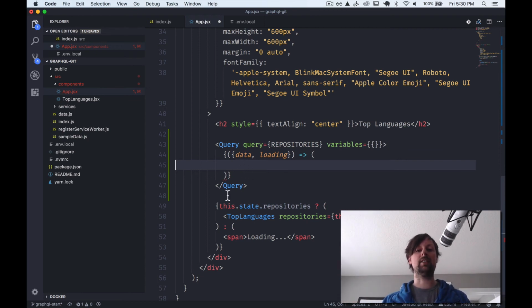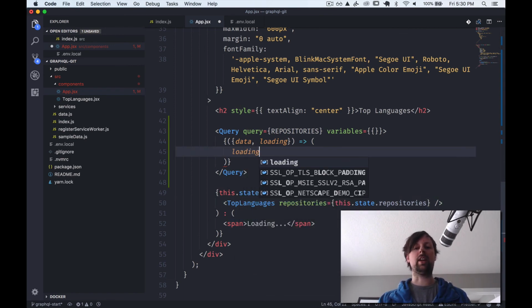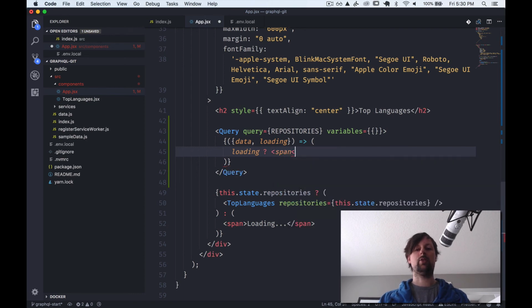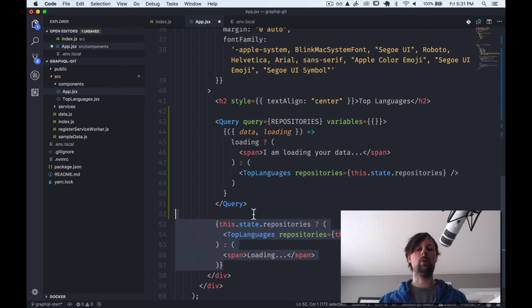So now that we have that, we can come down here and start to mimic this switch, or not switch statement, ternary if statement, about whether to display loading or render the pie chart that we have. So what we'll do is we'll just say, okay, if it's loading, let's just do the same sort of span thing. I am loading your data. Otherwise, meaning we have the data, we want to render our top languages component, like that. So we'll get rid of our old code, no longer needed,